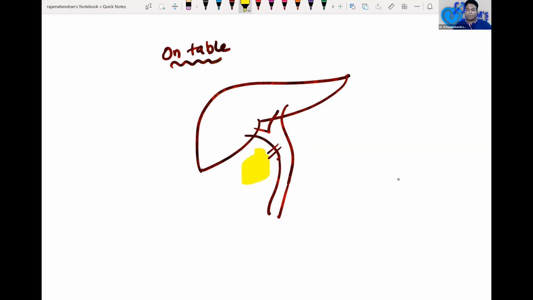There is a duct injured and bile is coming out like this. So we don't know what the injury is, because in laparoscopy, when the bile starts coming out, we will not know the clear anatomy. If bile starts to come out during the surgery on table, and the hepatobiliary surgeon is available,